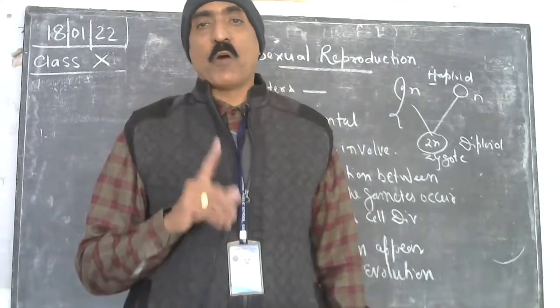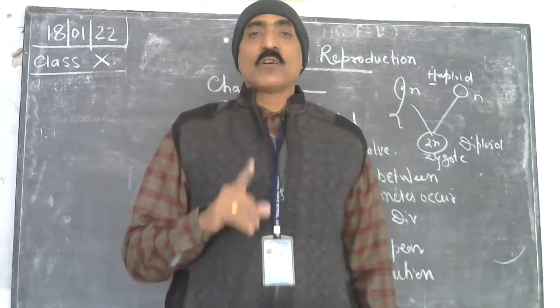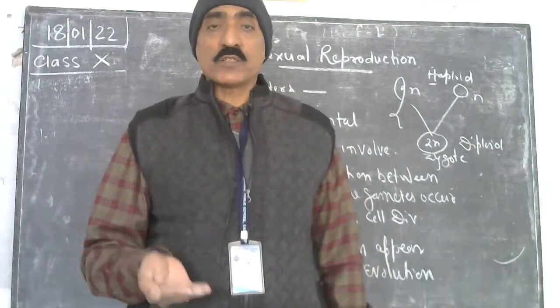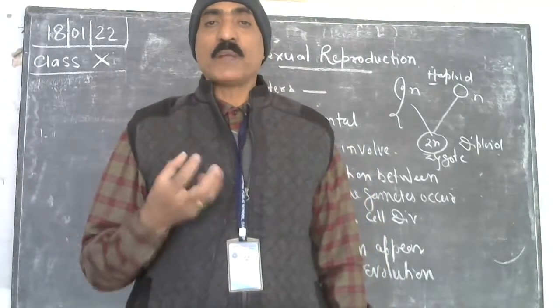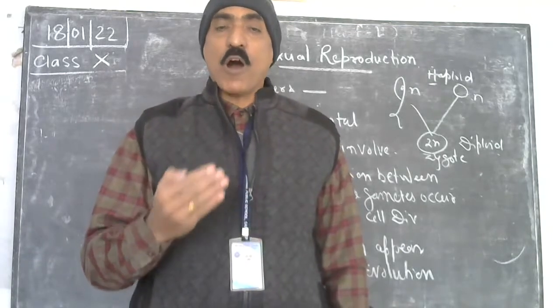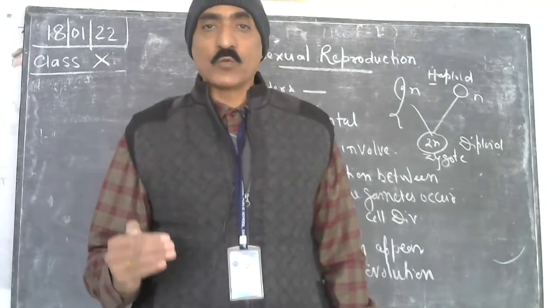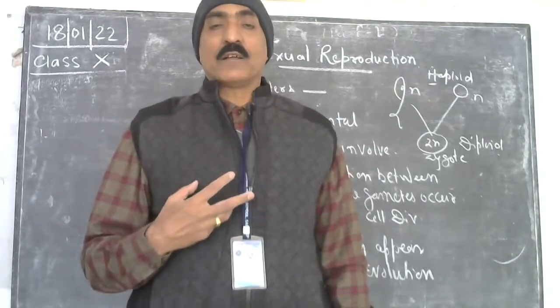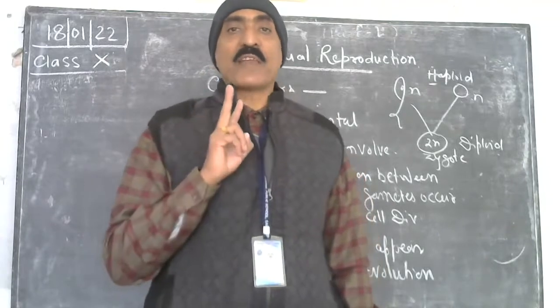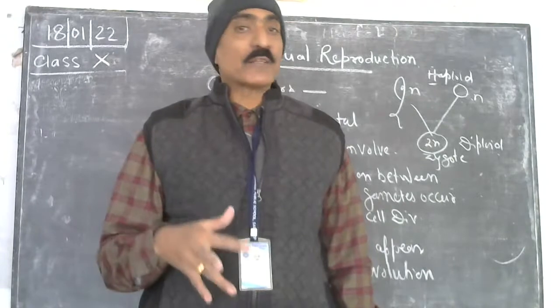Sexual reproduction is one of the important modes of reproduction by which organisms produce their offspring with variations, which help the offspring to adjust in the changed environment and help in evolution. It requires male and female parents, both with their gametes. Gametes, what?